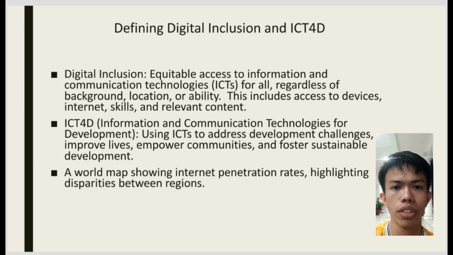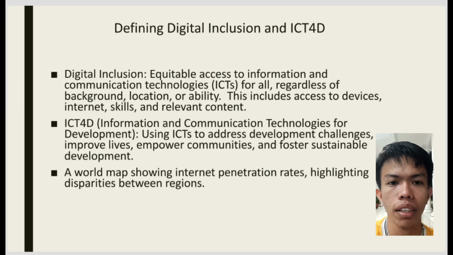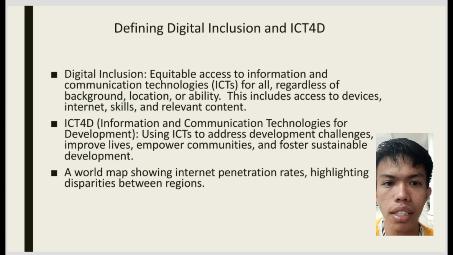So this outline structures a presentation or report on digital inequality using a case study approach to highlight two key issues: unequal access to technology and internet connectivity, and the perpetuation of inequality through biased algorithms. The access divide section would use statistics and specific examples to illustrate the consequences of limited access on education and economic opportunities. The algorithmic bias section will detail how biased data in algorithms leads to discriminatory outcomes in areas like loan applications and hiring.